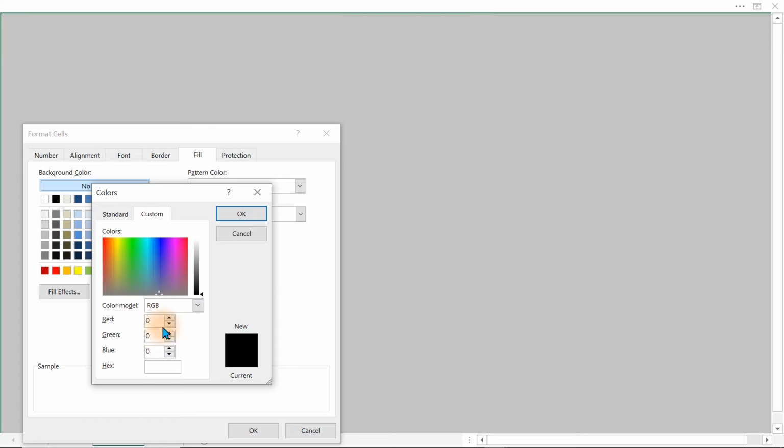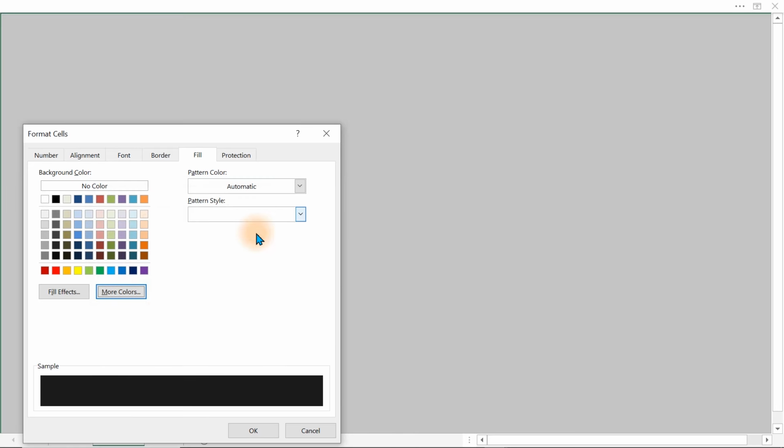Or still, you can actually use this particular RGB should you be using an old version of Excel. So here, you're going to fill this particular part with 28 all through. Can you see that now? So 28 over here, fill it to 28. And on that 28, this is the kind of black that we want. Go ahead and click on OK. And here we go. We have a dark